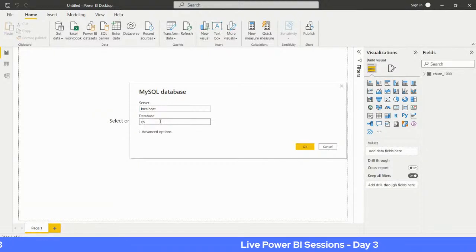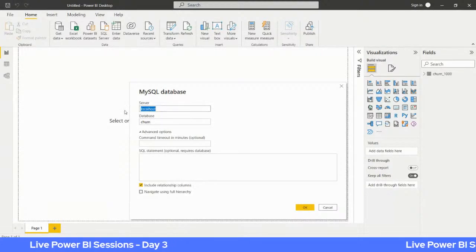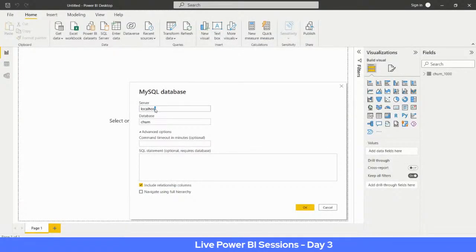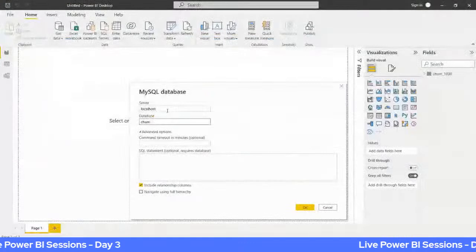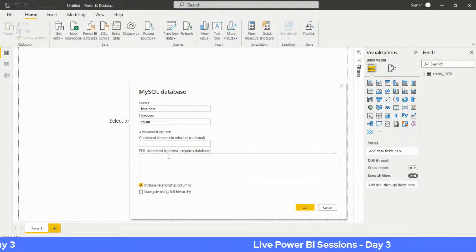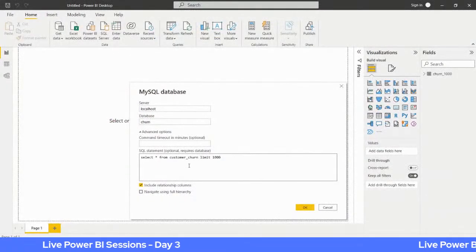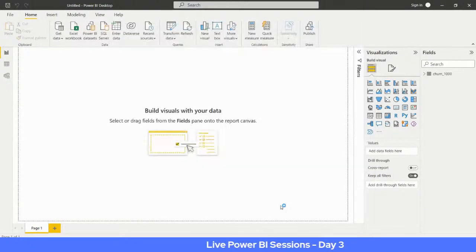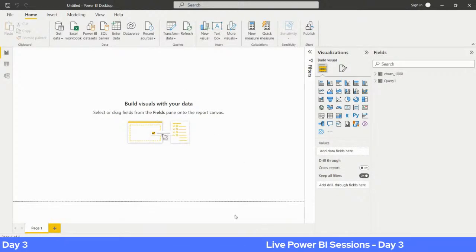Okay. Database, I'm using the churn database. Advanced option. See, server, why localhost? Because my server is in my local system. Okay, so localhost. Database churn. Why? Because I'm using the churn database. Simple. The SQL statement is optional, but I am going to use this query because I want only 1,000 records. So click on OK. You will be seeing only 1,000 records here. Load. So these are the two different techniques which you can use, and then you start working